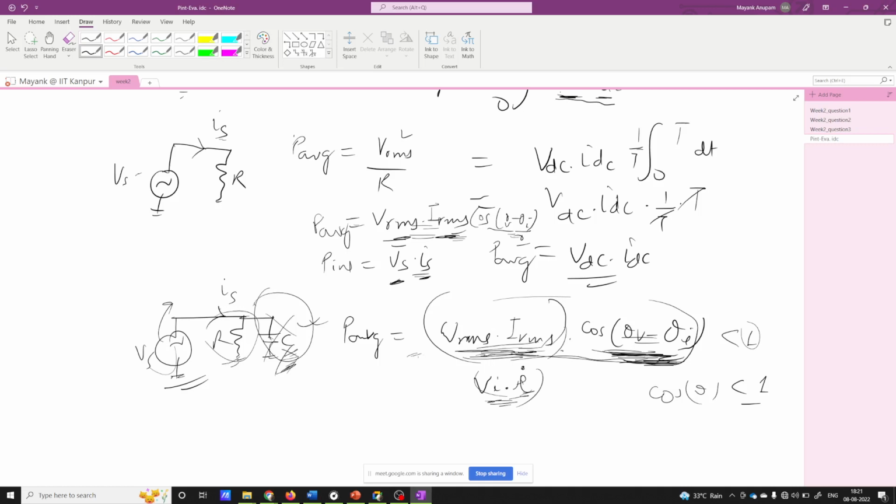So this P average that I have found out here, this whole expression, is the power generated by the voltage source, and it is also the power that is being dissipated by the current source, since the capacitor will not consume any power. Hence this